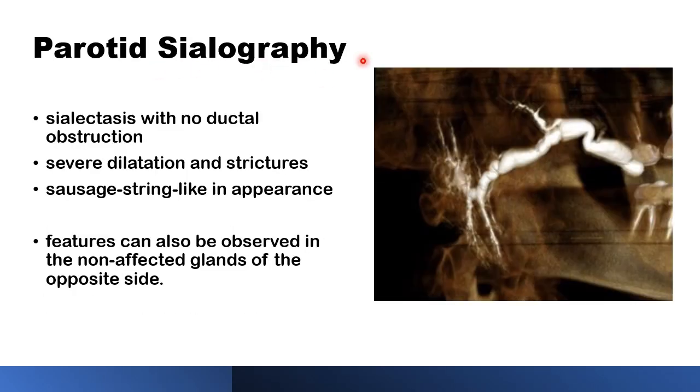Parotid sialography entails the instillation of a radio-opaque material into the duct system, usually iodine-based. This would give a very clear image of the duct system, including its caliber and its arborization up to its very peripheral ducts. The features in juvenile recurrent parotitis are basically a dilatation of the distal duct that extends either to two-thirds or the whole of the gland, depending on the severity of the condition.